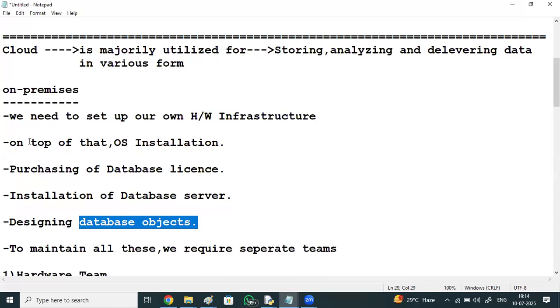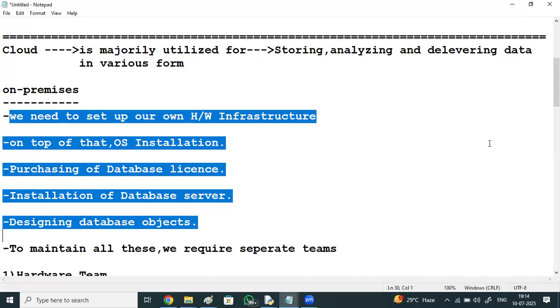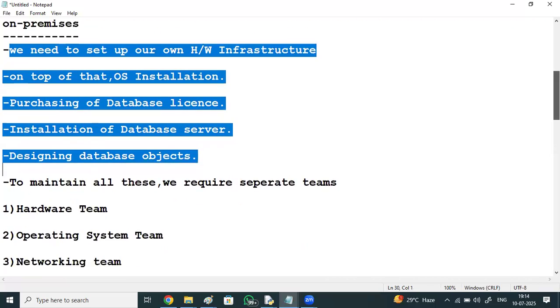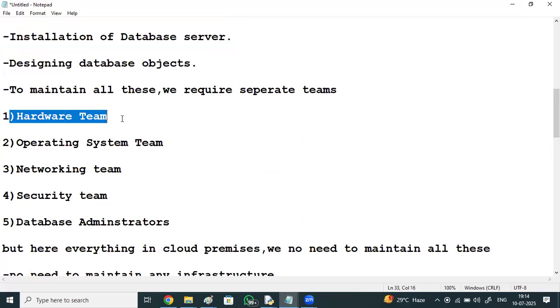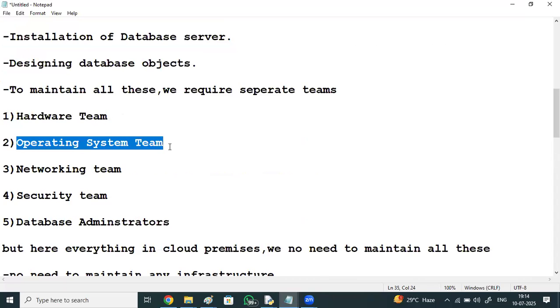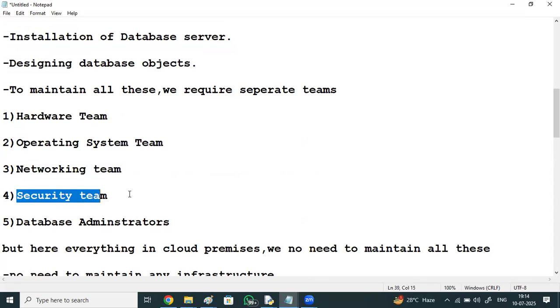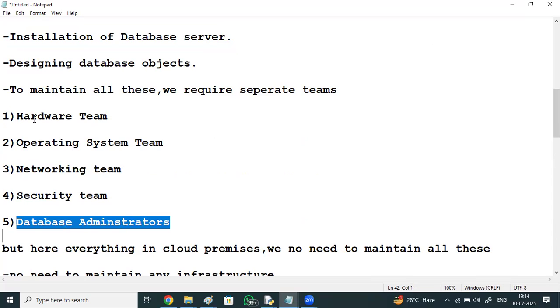And to maintain all this, separate teams are required: a hardware team for setting up the hardware systems, an operating system team for installing the operating system, a networking team, a security team, and database administrators.